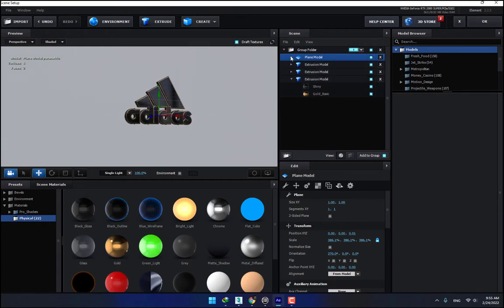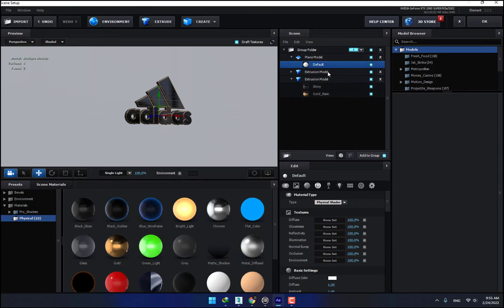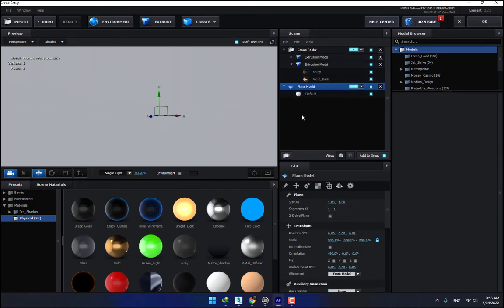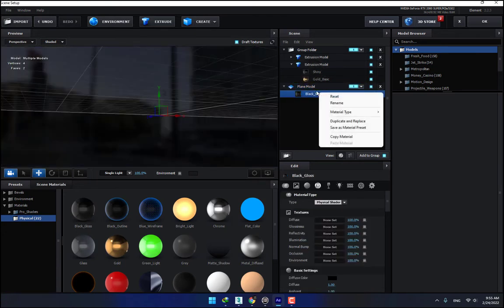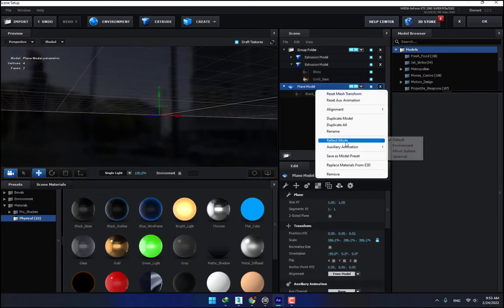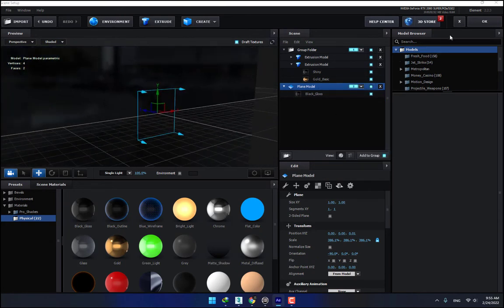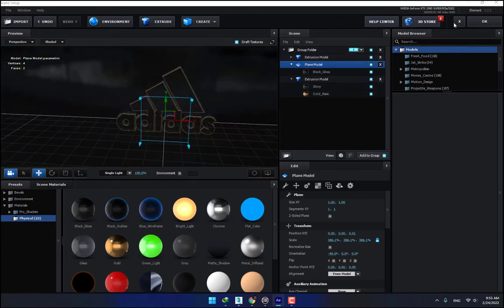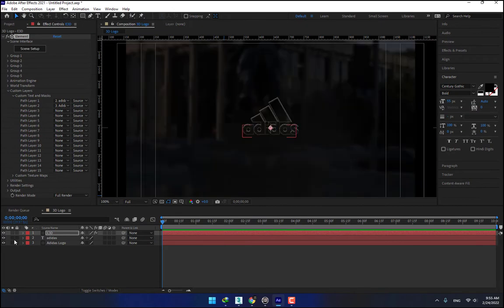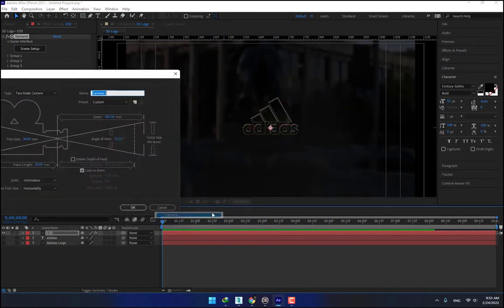And now move it down and drop a material on this and right click, select reflect mirror surface, change it to 2, press OK. Turn off the 2D layers and create a new camera,